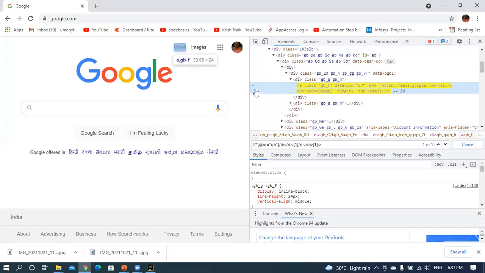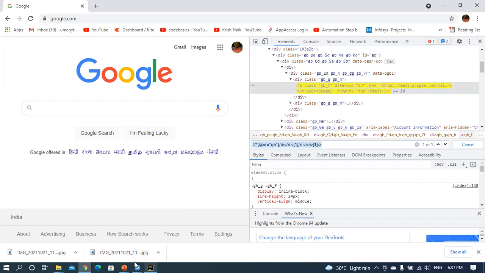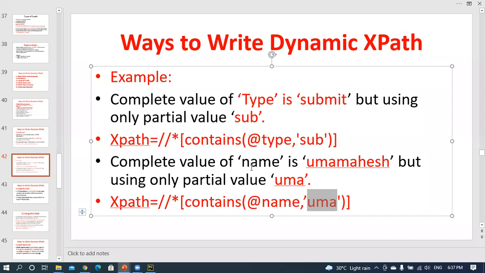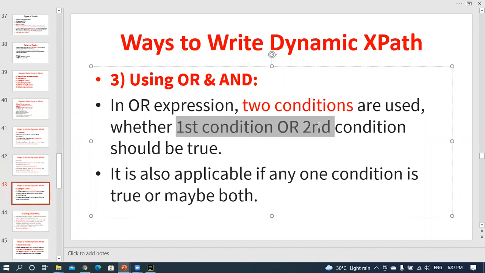Why am I telling you this? Instead of copying and pasting, you will write the XPath in your own way. Is it clear? That's why I am telling the different ways for the XPath. Another one is AND and OR. What is the AND/OR type of XPath? Here, two conditions are used. If you want to use OR and AND, you require two conditions. What is the first condition and the second condition? You know very well about that. If any one condition is true, then the expression is true. If both conditions are false, the expression is false. That is the OR expression.